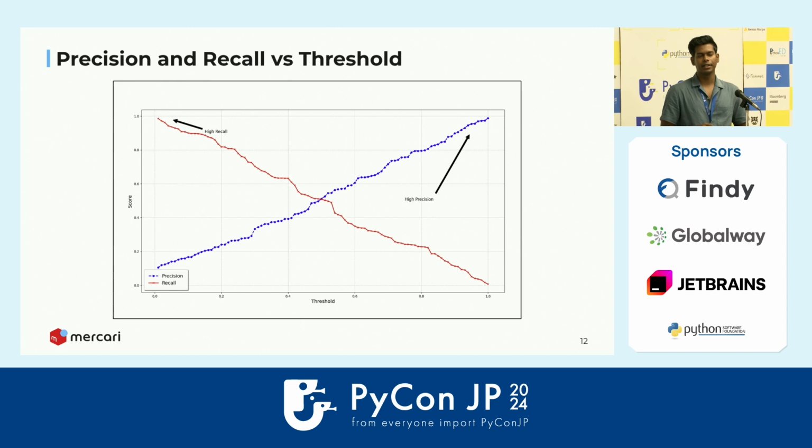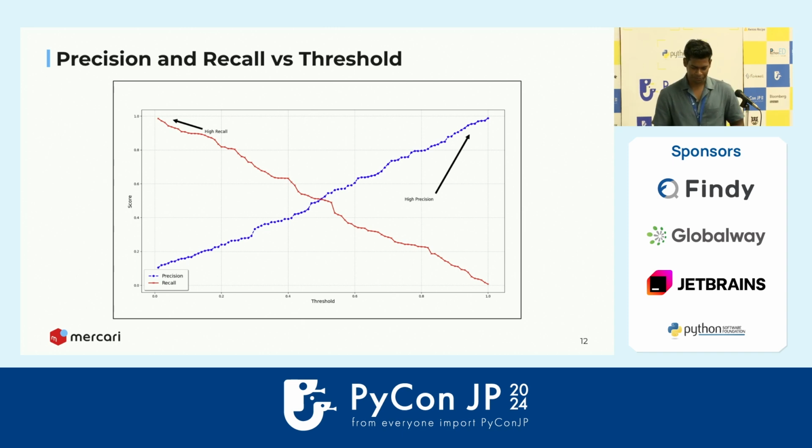And as you see, when you increase the threshold, the model only predicts something as positive when it is more confident. So that means if you increase the threshold, the precision of the model is going to increase. However, since the model only predicts something as positive when it's very, very sure, the overall number of times that it's going to produce a positive result is going to decrease. So that means recall of the model is going to decrease as you increase the threshold. So this is the typical relation you will see between precision versus threshold and recall versus threshold